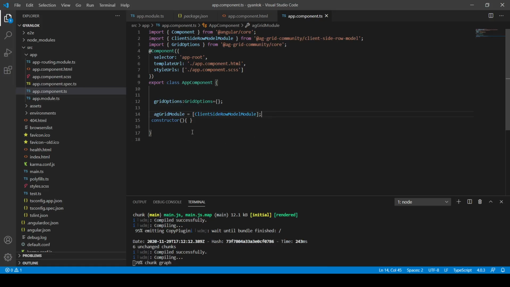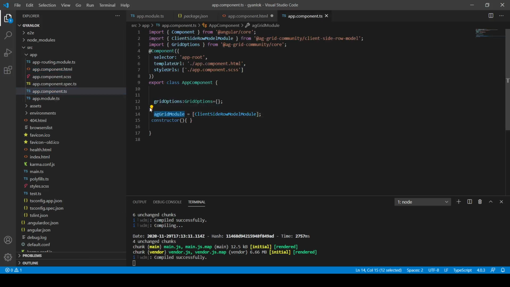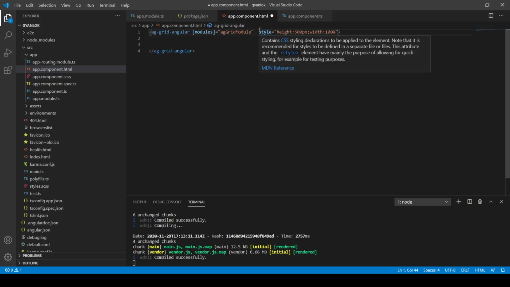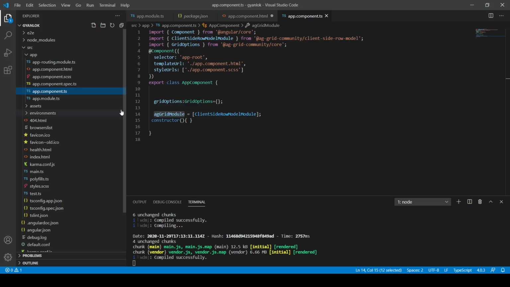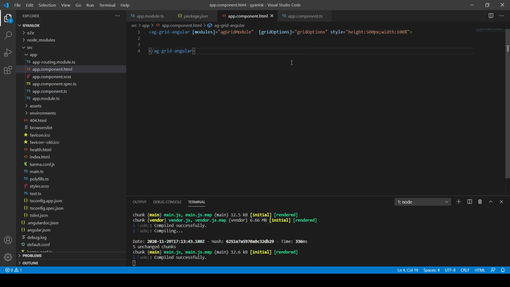I saved it. So I need to pass these two as inputs to this ag-grid-angular. I will write modules, right? This is the input. So I can pass agGridModule to this input of ag-grid-angular, and the second one is gridOptions. So I will copy gridOptions from the TS file and put it in my HTML file, right? By doing it this way, we are able to achieve